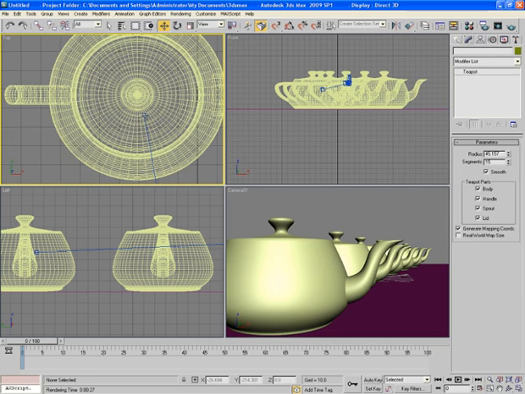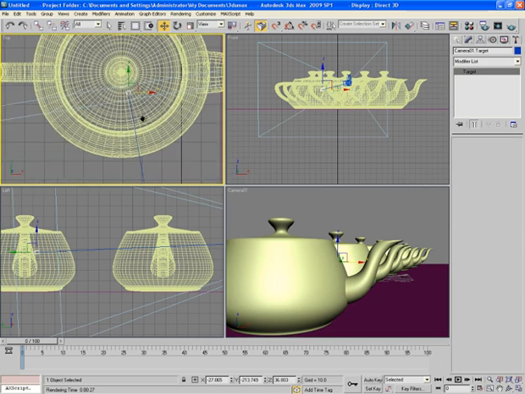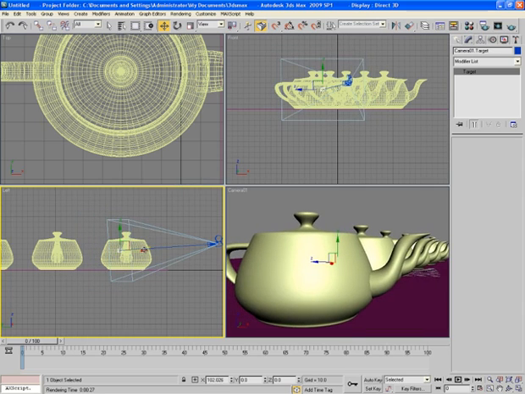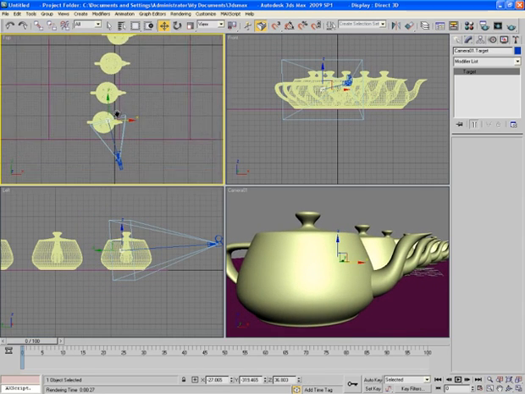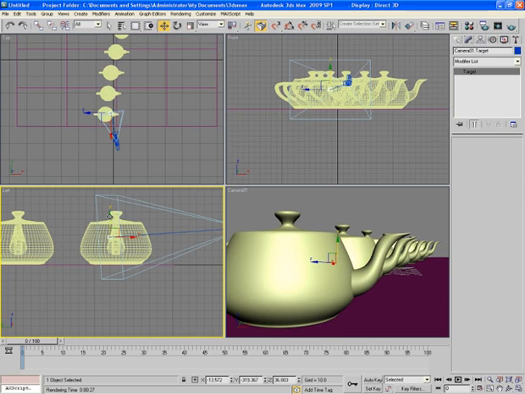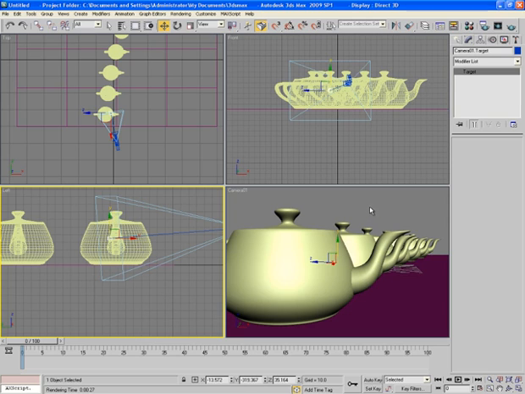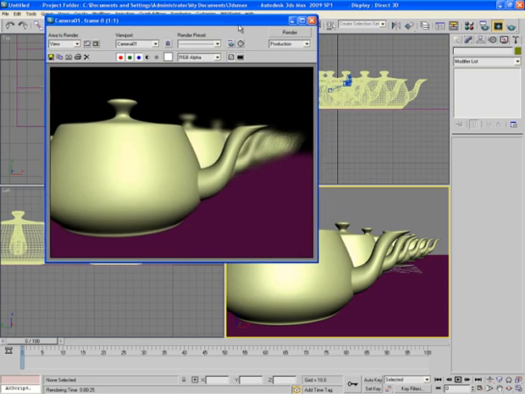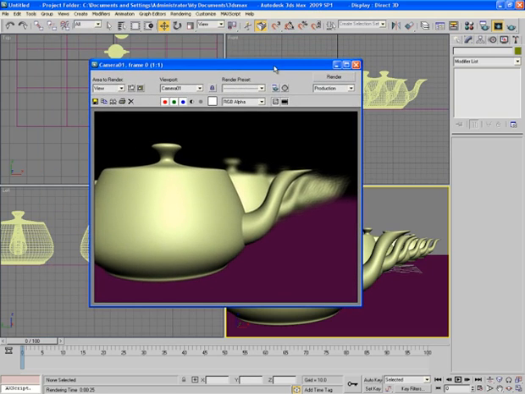Now if you want to change the focus, then you need to change the target position also. Now render the scene. Since we have fixed the camera target to the first teapot, so now the first teapot will be in focus, and rest of the teapots will be out of focus and blurred. You can see it here. So this is the thing.